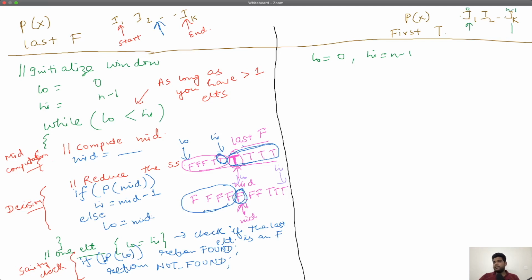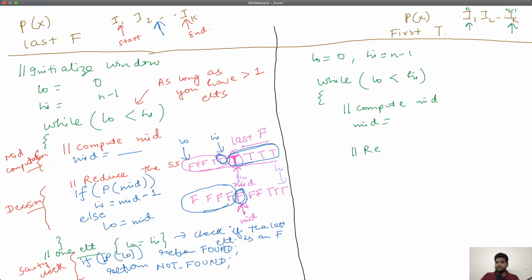Our mid computation becomes easier, and updating the low and high also becomes easier. Now I will start a loop that will run as long as I have more than one element. The first part is the mid computation, which I don't know yet. I will come to that in a moment. So I leave that blank, but I just know that I have something called a mid.